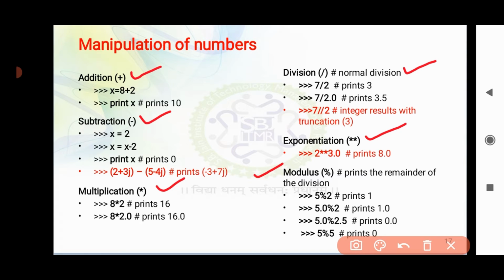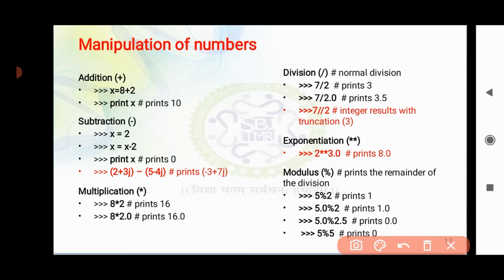So these are the different operations that can be performed on operands when we are working with Python programming. If you observe carefully, the rest of the operations are quite similar to those of C or other programming languages, like addition, subtraction, multiplication, division, right? But some of the operations marked here in red color are quite different and will be used only in Python.